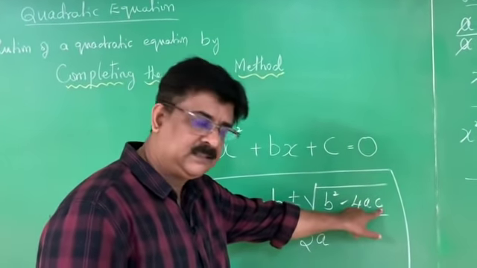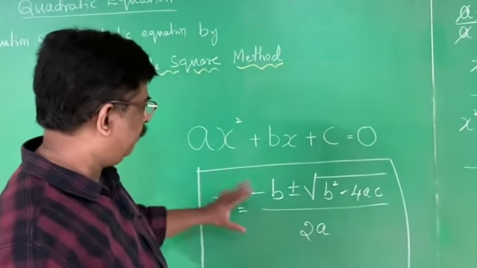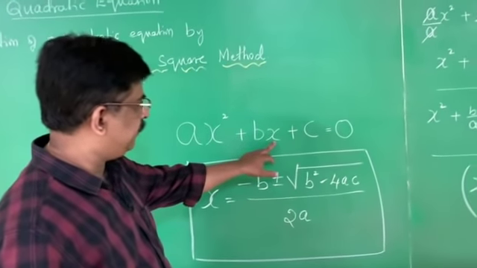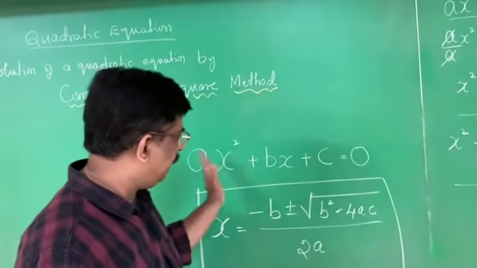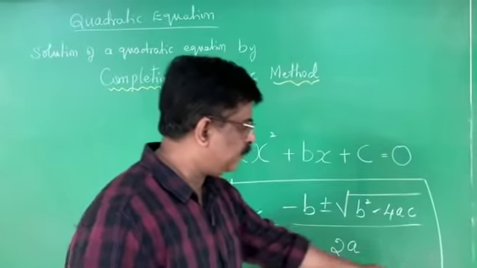C means constant number. A means coefficient of x square. That is the idea. Because A means coefficient of x square, B means coefficient of x, and C is the constant number, equal to 0. Using that A, B, C, the coefficients of the quadratic equation, we can find the roots of the quadratic